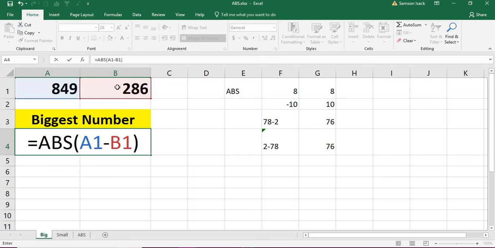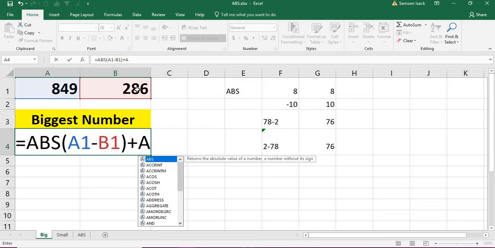That is the difference between A and B. If you add the difference between A and B to B, the smallest number, then you will get the other number, correct? For example, if A is bigger and B is smaller, then the difference between A and B, if you add it to B, also gives A. So we get A, and if you add both the numbers together,